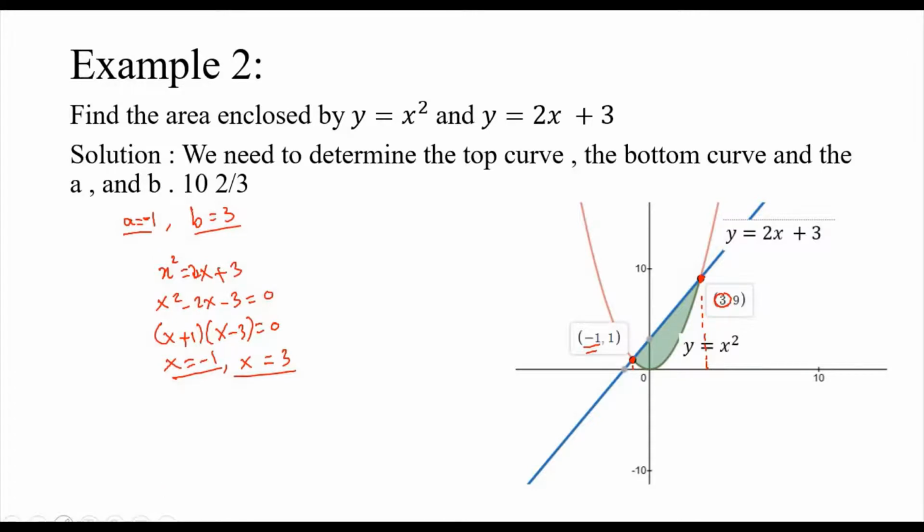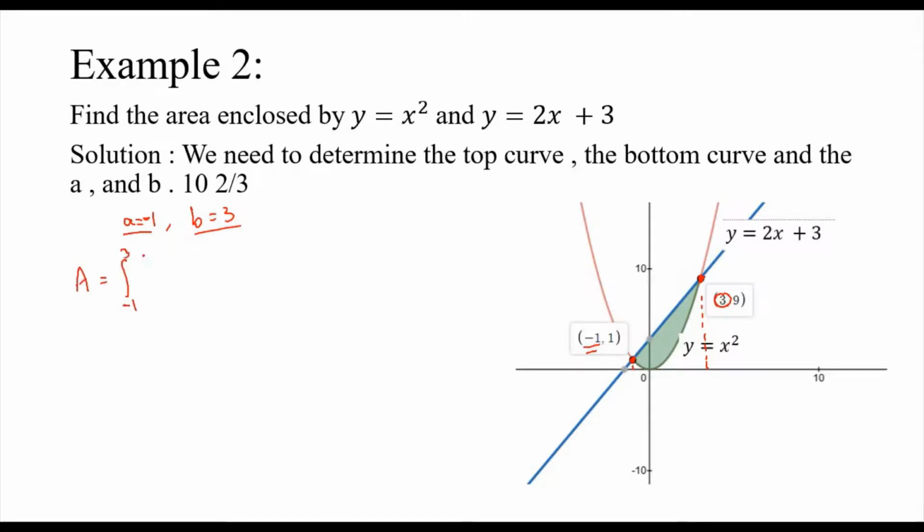Now, let's go back to finding the area. We know that the area between the curves is the integral from -1 to 3 of the top function, which is in this case 2x plus 3, minus the bottom function, which is x squared, dx. And then we integrate, so we will have 2x squared over 2 plus 3x minus x cubed over 3 from -1 to 3. And that will be equal to